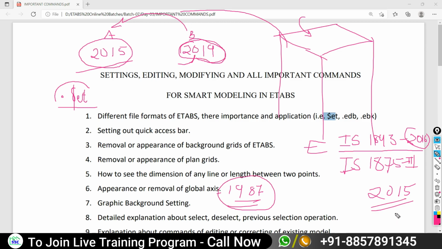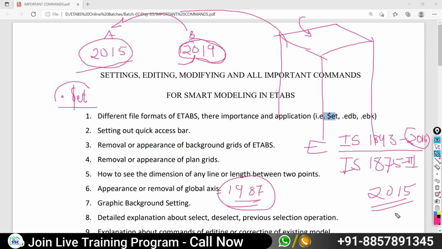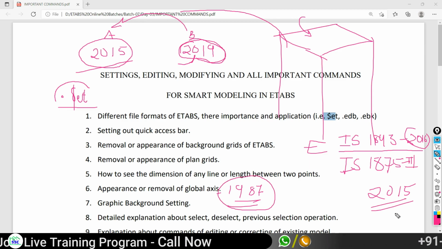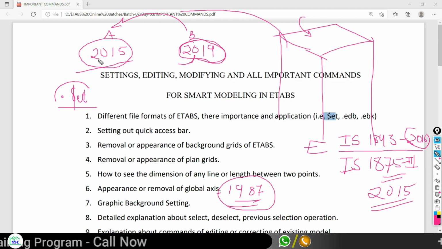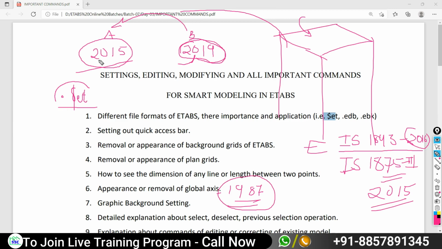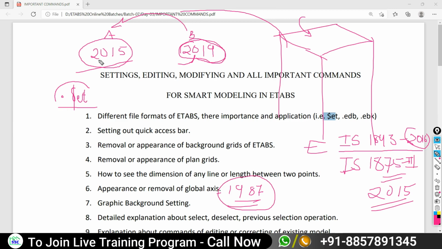But nowadays, if I am going to execute any project, let me know which code I will refer to assign the wind load. 2015. But most consultants and older persons are using the old 2015 version. So if by any need you have to send the updated version file to the lower version, what will happen?